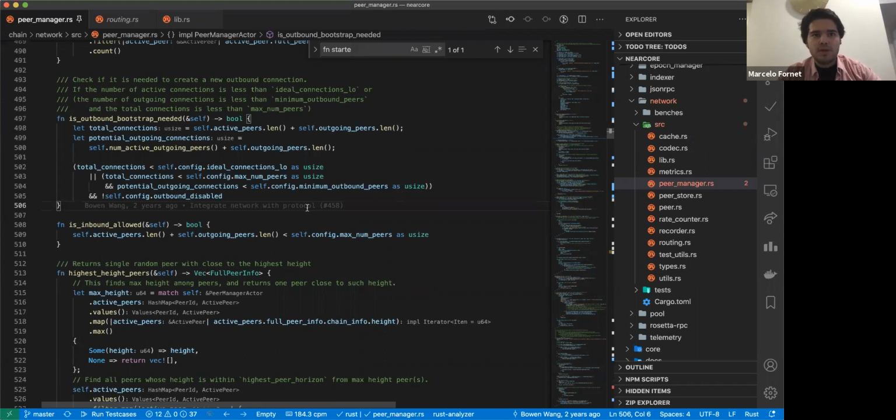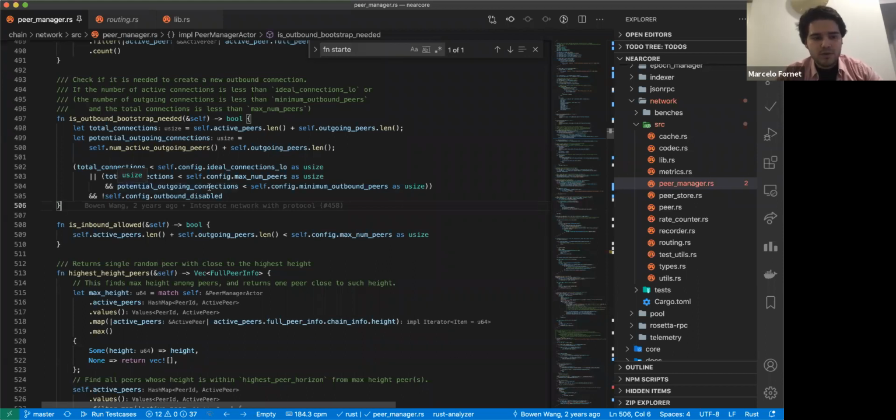We will keep a range of ideal number of connections, which right now by default is 30 to 35. So if the number of connections is in this range, we will try to create